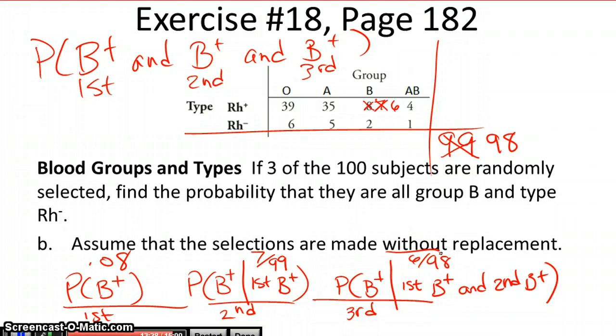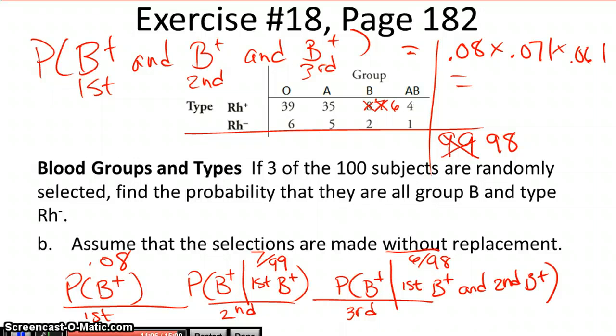So the probability the third person has B positive blood is 6 over 98. Plug that into your calculator, you also get a nice little probability, 0.061. So the probability that someone has B positive blood as the first, B positive blood on the second, and B positive blood on the third. The ands tell you multiplication, but now look at the probabilities. It's going to be the product of 8% for the first. We calculate it as 0.071 for the second and 0.061 for the third. So the probability that all 3 people have B positive blood is going to be